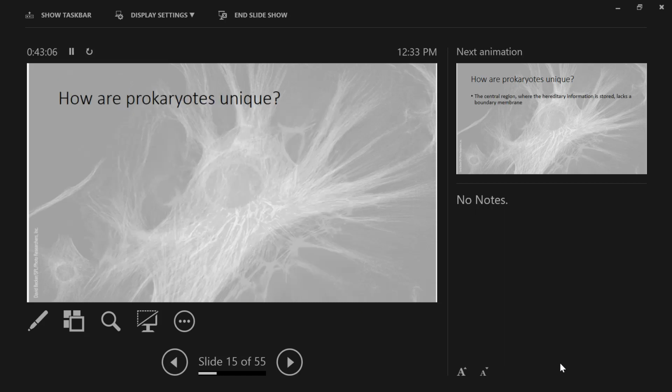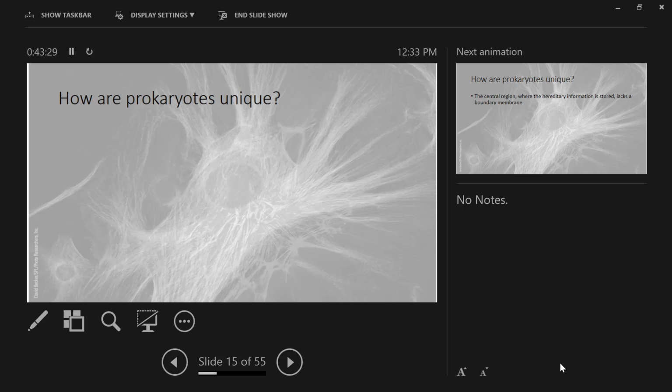Okay, cool. 4th question. How are prokaryotes unique? What do you know right off the bat they're going to be missing? They're going to be missing all organelles, and especially the nucleus, because the name sort of tells you first nucleus. You're like, I don't really know what that means, but I think there's going to be something about the nucleus.